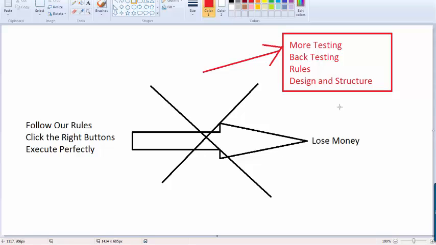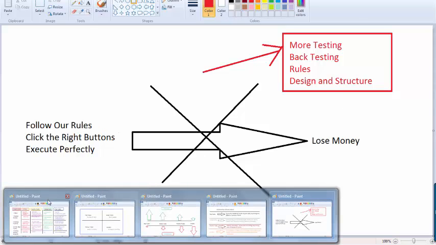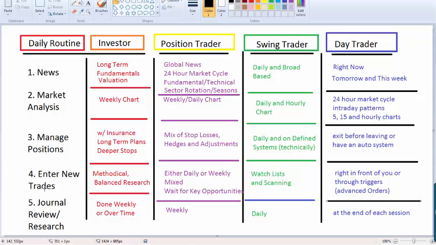I'm not saying just go out there and be willing to lose money. In fact, the exact opposite. It's just an indicator. It's a litmus test. Because one trade for a savvy, seasoned, disciplined investor, they're going to continue to follow the rules. One position trade, I'm going to continue to follow my rules. One swing trade, I'm going to continue to follow my rules. One day trade, I'm not going to decide to stop being a day trader tomorrow in Forex because I missed one trade today, right?